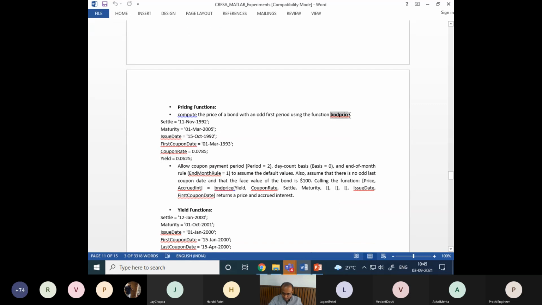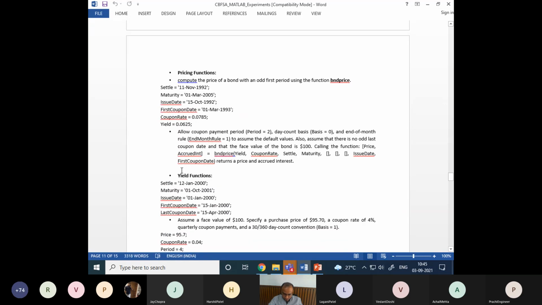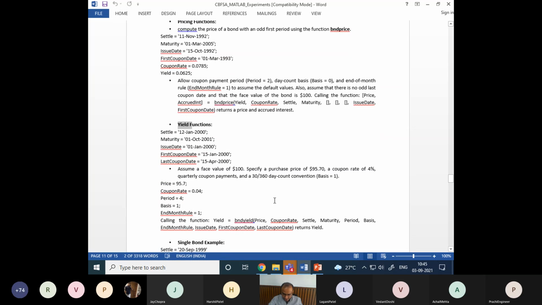If you want to calculate bond price, you can use this, or if you want to calculate the yield, you can use the bond yield function that we used last time. In the last experiment we already used bond yield. Now we use this function bond price, right? But I want to evaluate at different dates, but for 4 bonds. So I have to provide all this data in vectors.